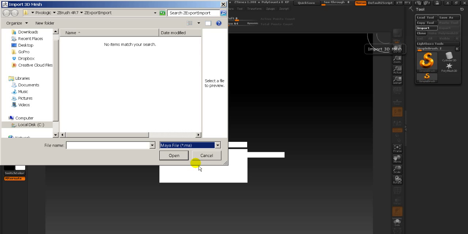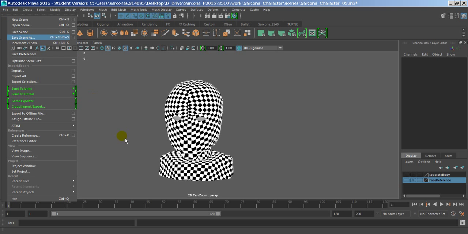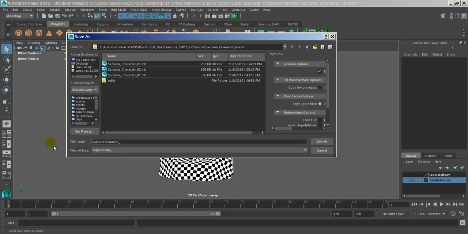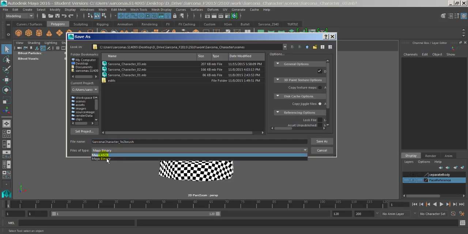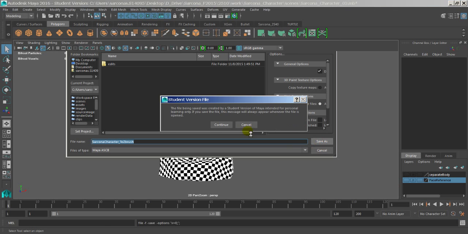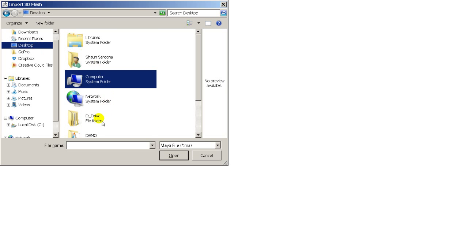Now, we don't have a Maya ASCII file right now. If we look at our Maya file, we have a Maya binary file, which is zeros and ones. A Maya ASCII file, if we go to File, Save As, and we give this a new name, and we choose Maya ASCII from the list at the bottom. That's actually like a text-based thing. A lot of programs can read text-based over binary stuff. So we save it, we hit continue, jump back here, find our project,